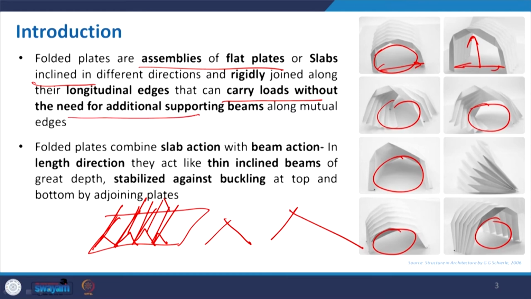In most cases folded plates combine slab action and beam action together. What exactly is it? Whenever load is applied on a folded plate, first it will transfer the load through the shorter edge and then here you have the support. Now, because we have multiple such plates, the connecting members also get some, balancing out the resultant reaction to that. The thin inclined beams of greater depth,